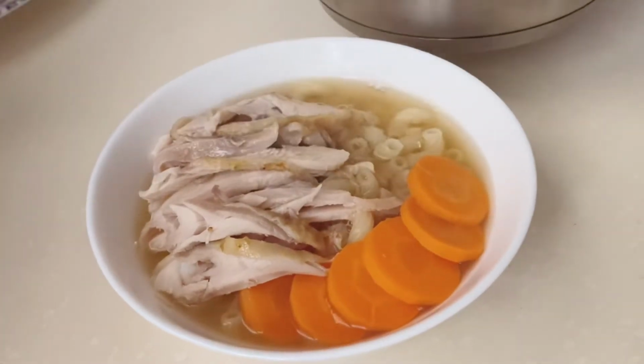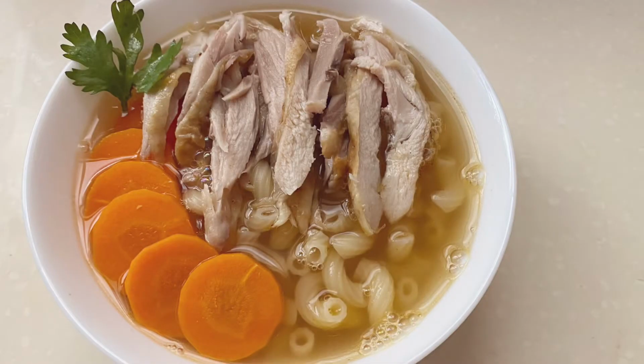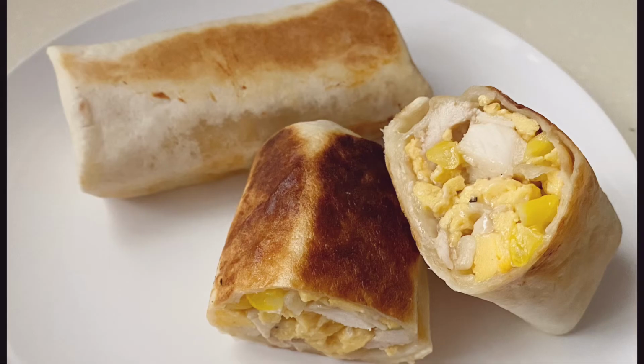Roast chicken is one of those versatile foods with limitless possibilities, saving you time and money in the kitchen. So, what are you waiting for? Roast a chicken today, or 2,